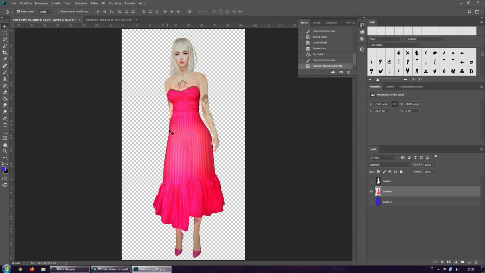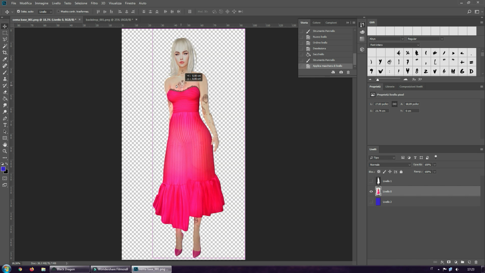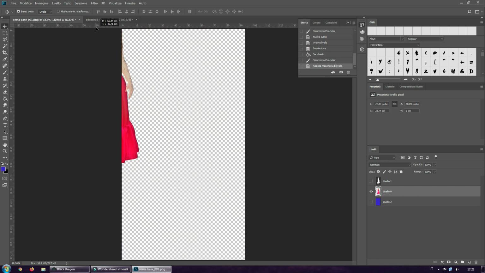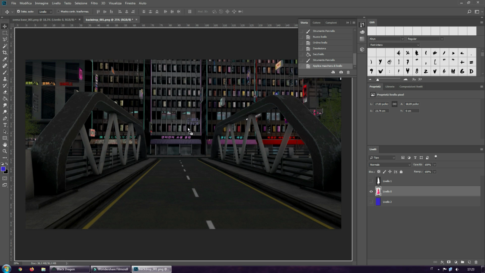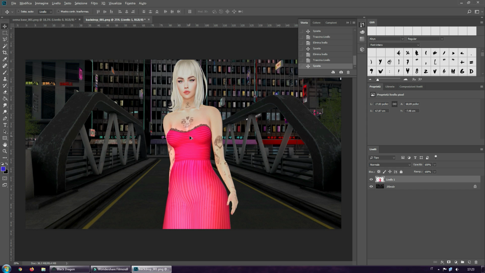Okay, now we need to put our avatar on the other side where the backdrop is. So simply click on this tool, click on your avatar and drag your avatar here. Then press Ctrl Alt T to reset your avatar, and